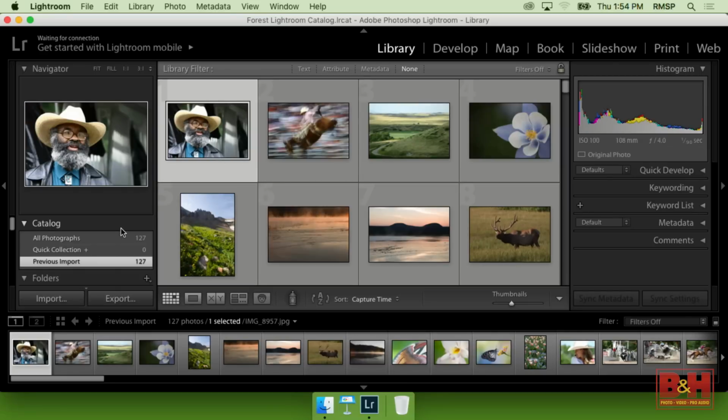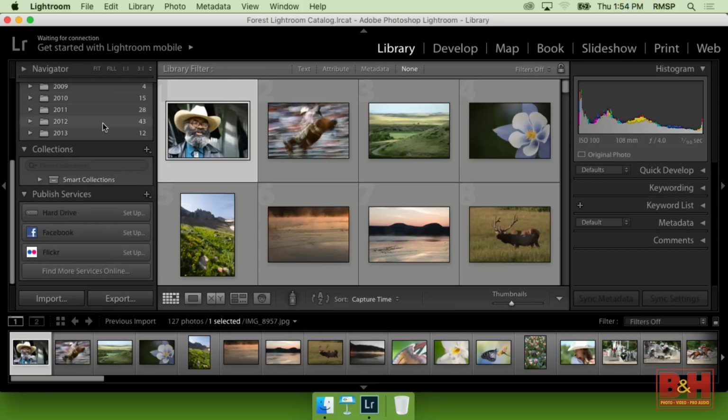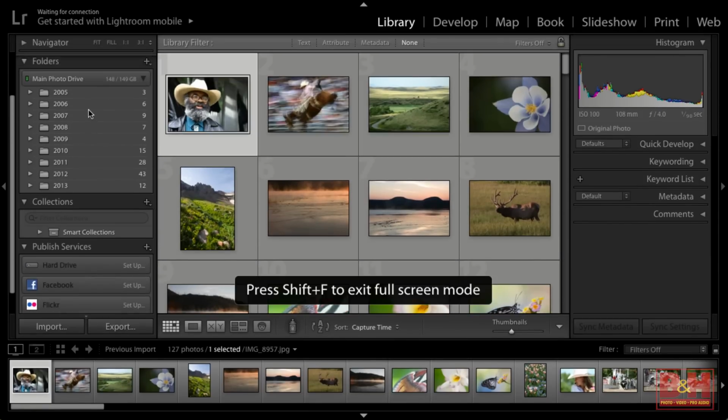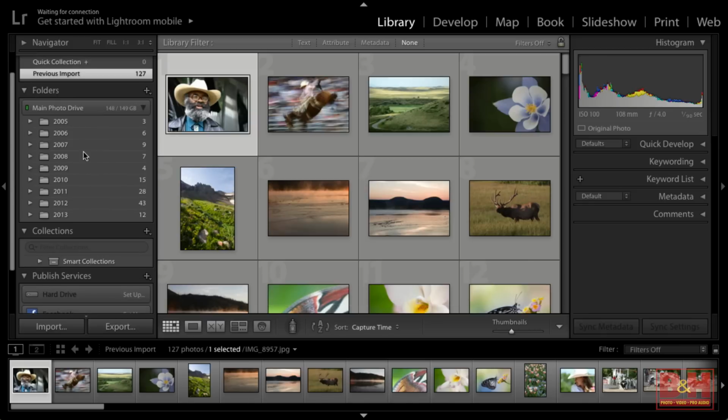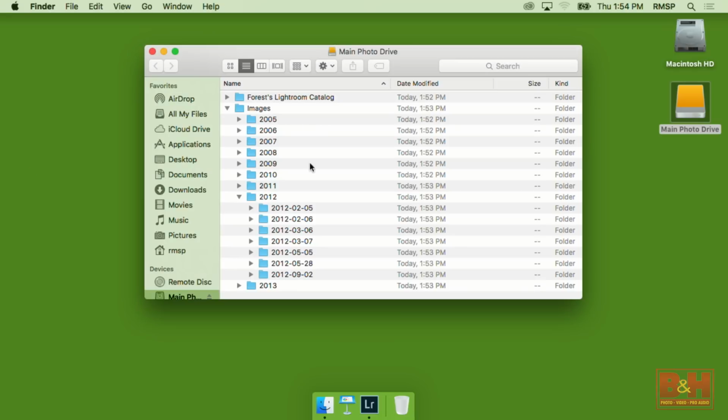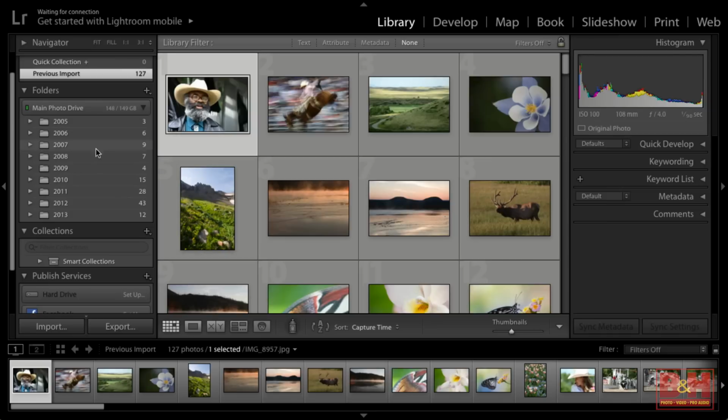And we can see, this is the important part. We got to understand this. In Lightroom, I have a panel, let me close this up, a panel called Folders over here. And in my Folders panel, I can see the exact same dates that I see back, if I hide Lightroom, back on the hard drive. Okay, here's the thing we got to understand. These pictures here on the hard drive are the exact same pictures you're seeing over here in the Folders panel,